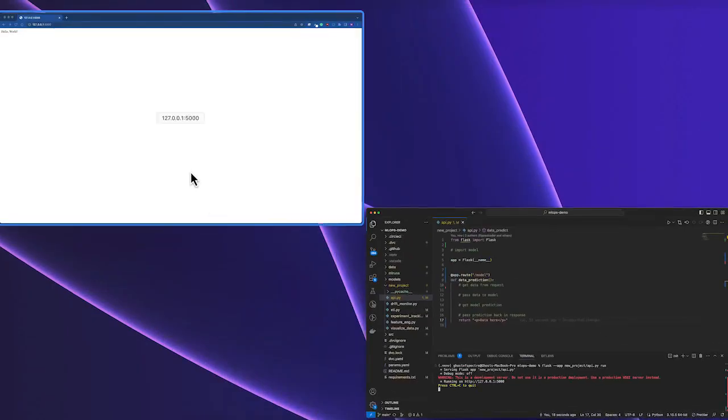And then when I switch over here, actually at the root, there's nothing there. But when I go to this slash model endpoint, you can see that we have this output for where our prediction would be. So this is one of the ways you can get your model to production. And we talked about batch prediction and embedding your model in IoT devices as other methods to get your model to production.